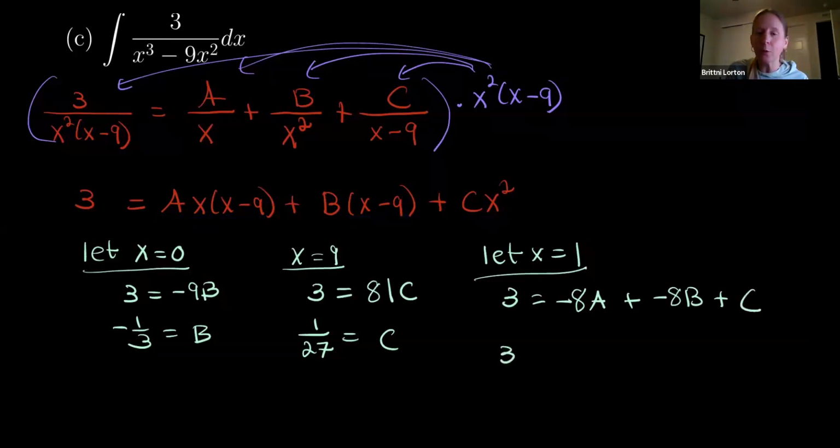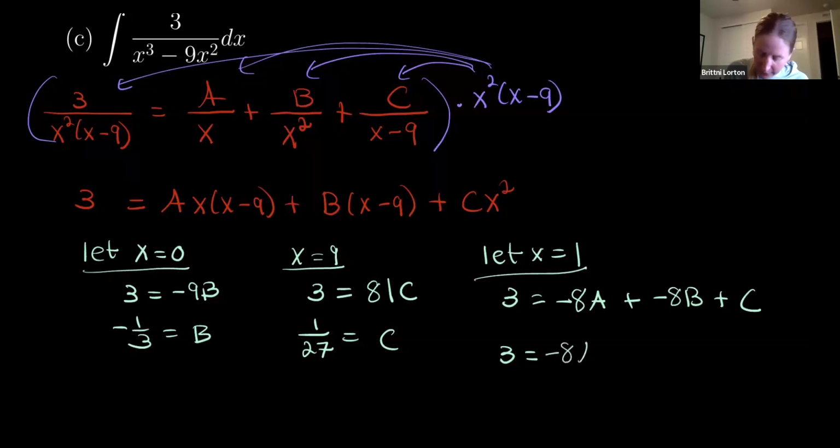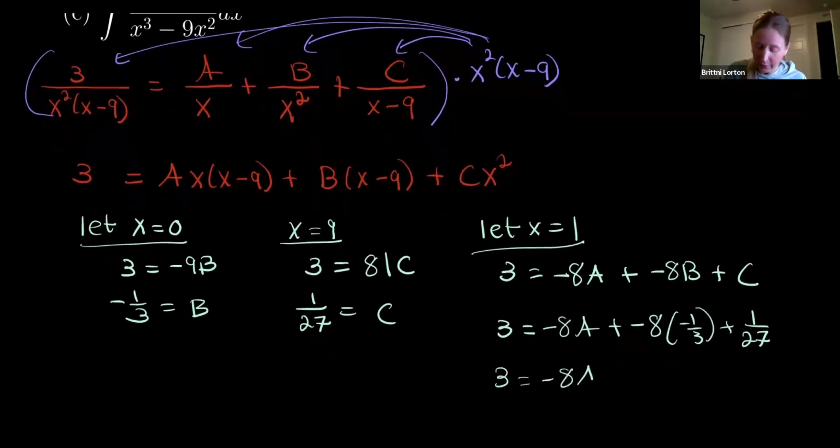And then you plug in what you already know. So I'm going to take the c and the b and plug those in over here. So I now have 3 is negative 8a, negative 8 times negative 1/3, and 1/27. And then use your calculator to simplify. Okay, really, truly use your calculator. That's exactly what I'm going to do. The 2 negatives cancel, then I have 8/3 plus 1/27. Make sure to click that math fraction button to simplify it as a fraction, and I got